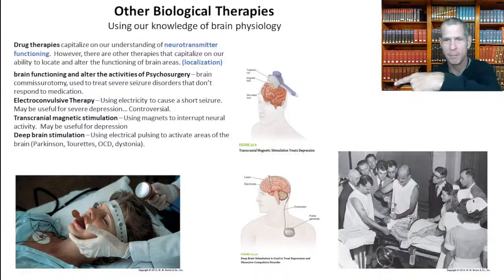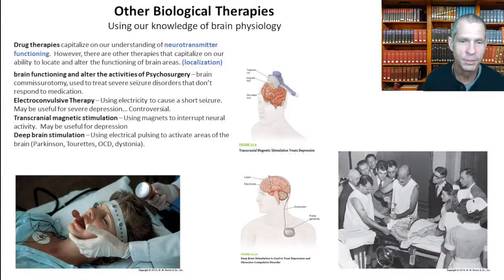And if you look down in the bottom left-hand corner, you'll notice that this lady is getting ready to go through electroconvulsive therapy. She's got the big mouthpiece in so she doesn't bite her tongue or hurt herself. Basically, some people would hurt themselves because you have such a strong seizure, people could hurt muscles or damage their back. Now, what they do is they give you a muscle relaxer so that you don't kick around as much when you get the electroconvulsive therapy.